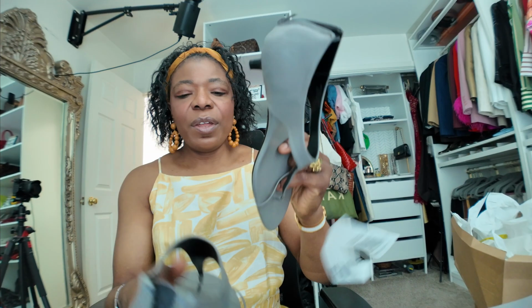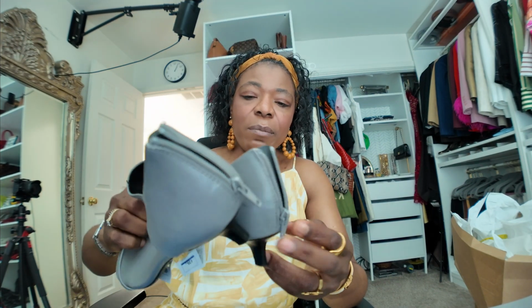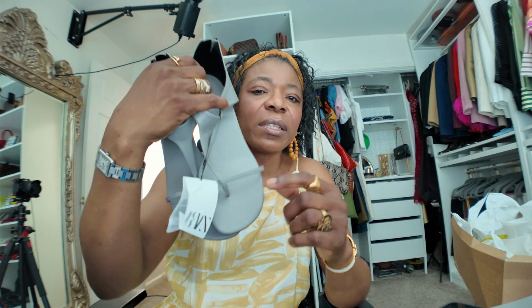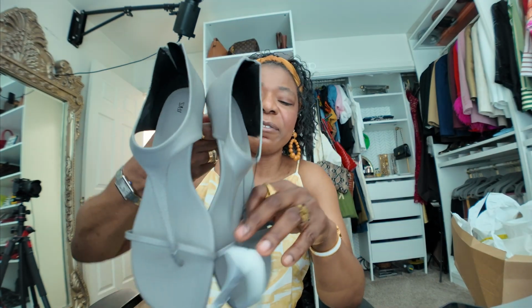That's the second item. And on to the next one. So the next item is this gray sandal from Zara. It's a kitten heel, more of a T-strap leather kitten heel. Something about this is that it is leather, and this actually costs way more. This is $89.90 from Zara. I wish it had toe covering. This will be perfect because of the color, a perfect fall or winter item,